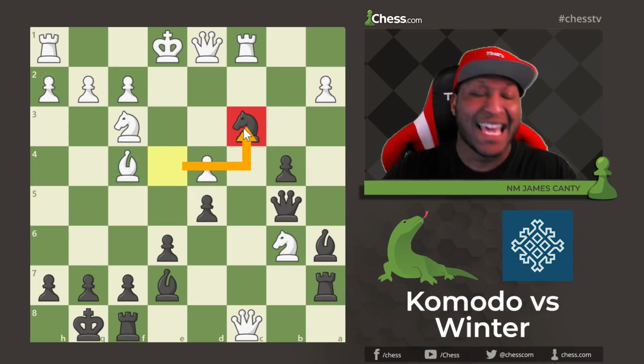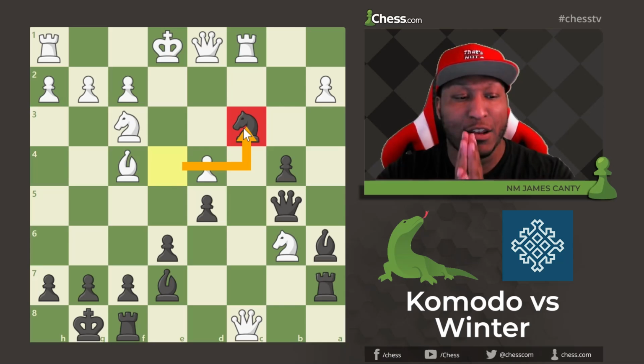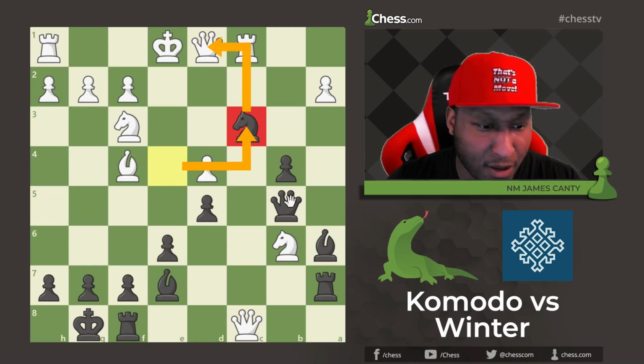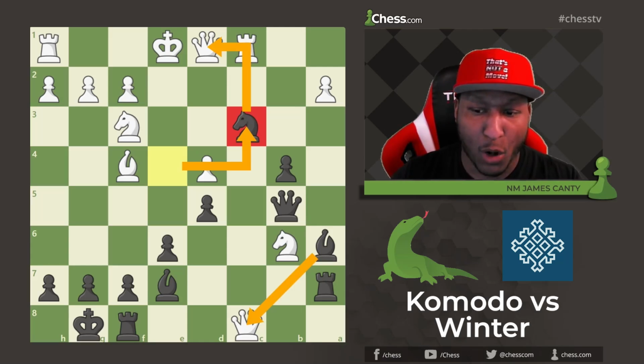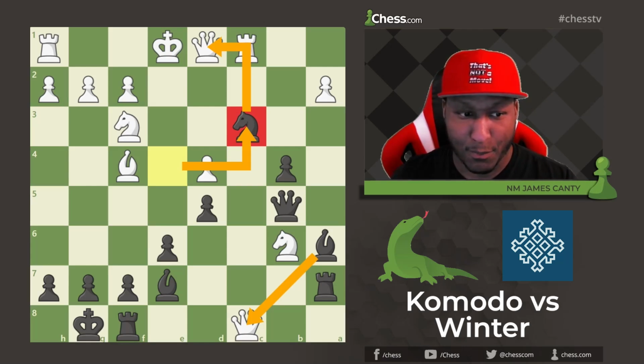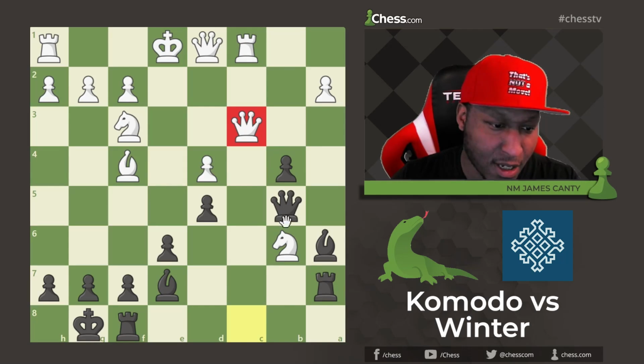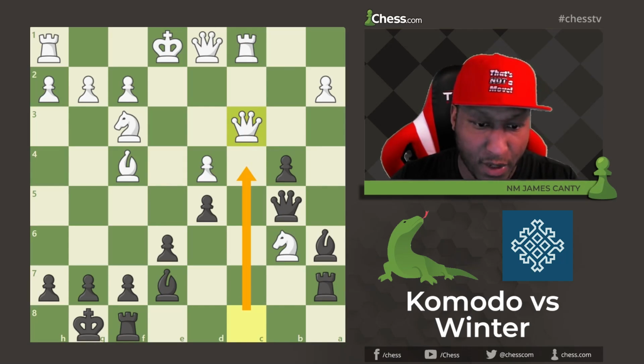Knight to c3. He doesn't even take the queen. He doesn't even take the queen. At this very moment, there are 2 queens on the board, and both of them are hanging. Both of them are hanging. Have you ever seen such a position like this? Queen takes c3 is now on the board, so he gets rid of one of the queens here, and then